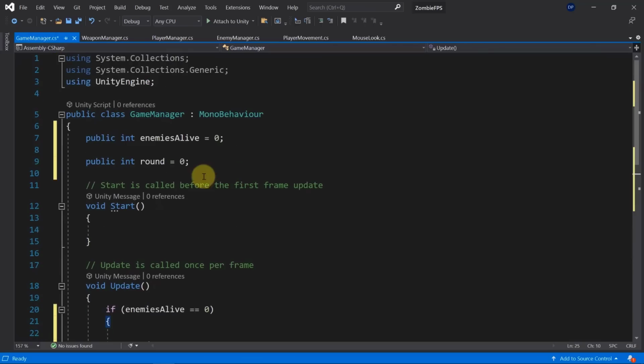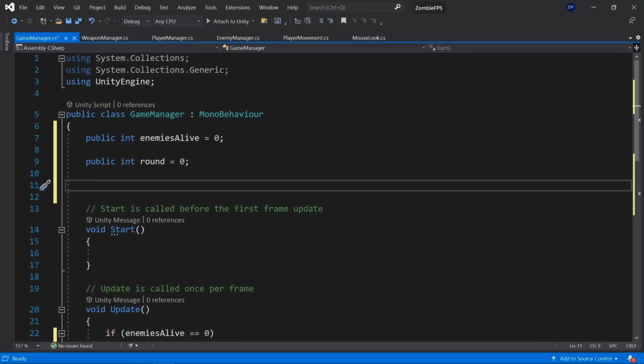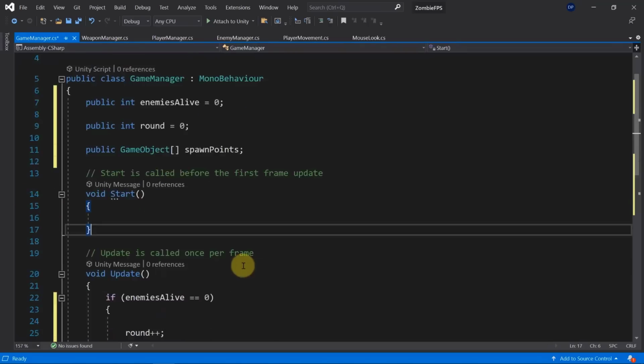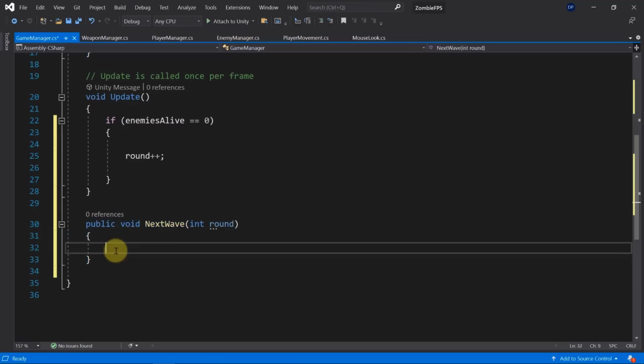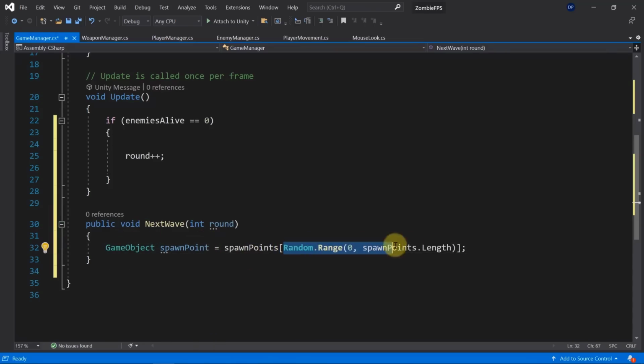Now, of course, we want to spawn the enemies at random locations. So let's go ahead and make sure that we get the spawn points in our game manager script. So this will be an array of game objects. I'm going to call this one spawn points. So now what I want to do is inside of my next wave, I want to randomly spawn an enemy. Well, an enemy at a random location out of those spawn points that we have. And we've seen how to do that before. So I'm just going to paste the code in here where I'm getting the spawn points length, and I take one of the spawn points randomly between 0 and the length of the spawn points using random.range. So this will now be the spawn point at which I want to